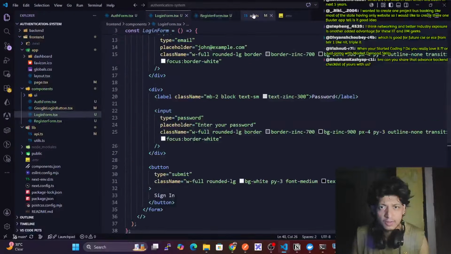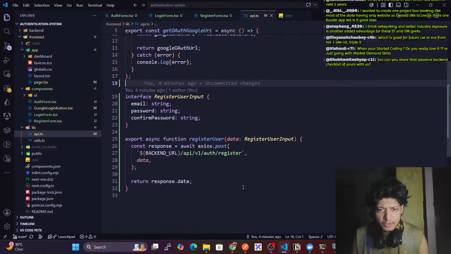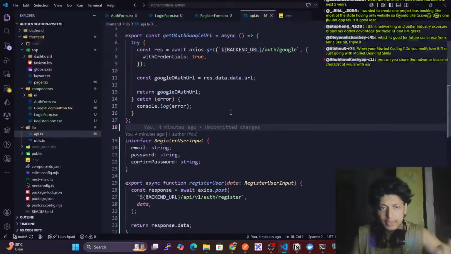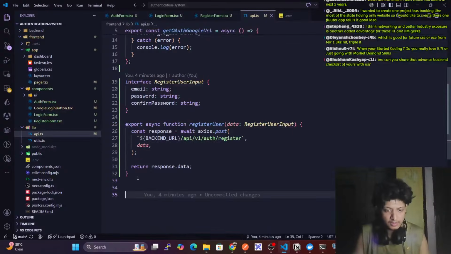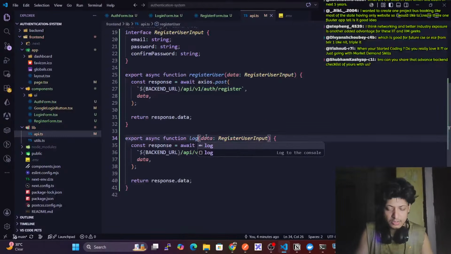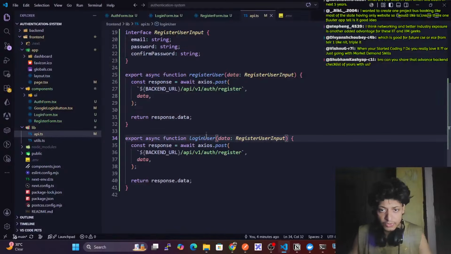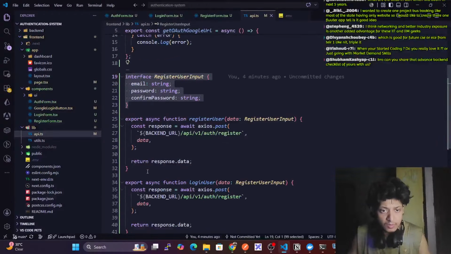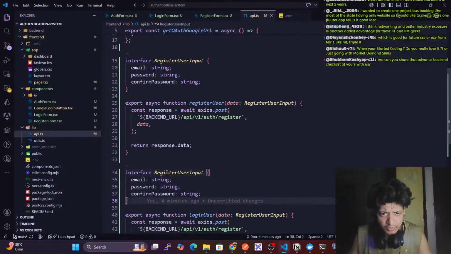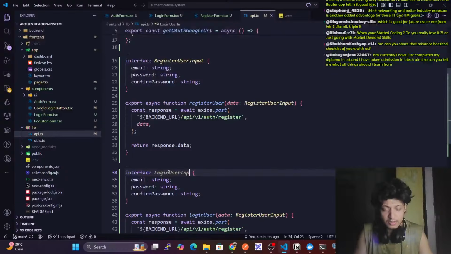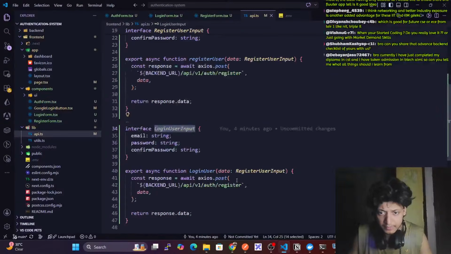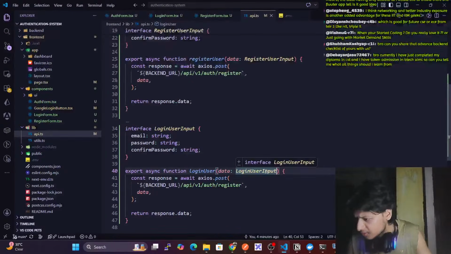Login form, API, response, Axios, data. Okay, and if I go here with credentials part as well. Okay, so here we have this, copy this, and there it will be login user. Here we are passing this will be login user input. Put it here, put this here. Okay,